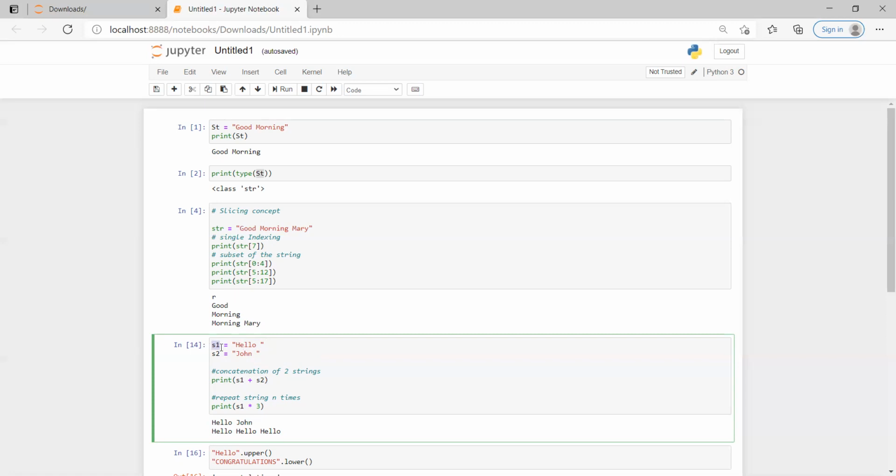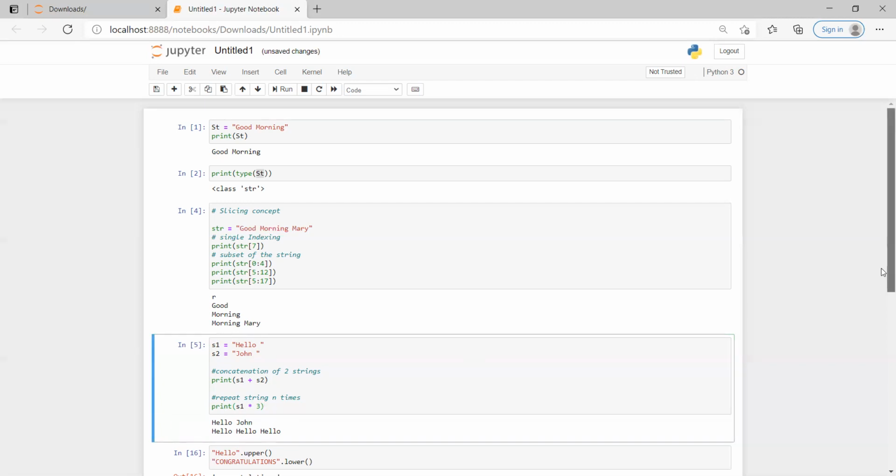You mention the variable name times the number of times you want to repeat it. Here I'm printing S1 times 3, that's the reason you get hello, hello, hello. This is string concatenation and repeating a string n number of times.